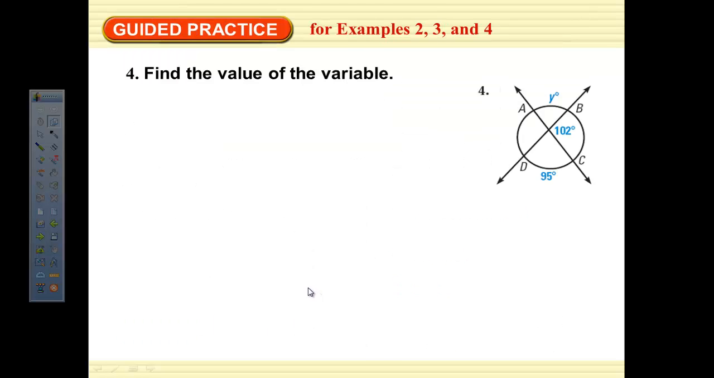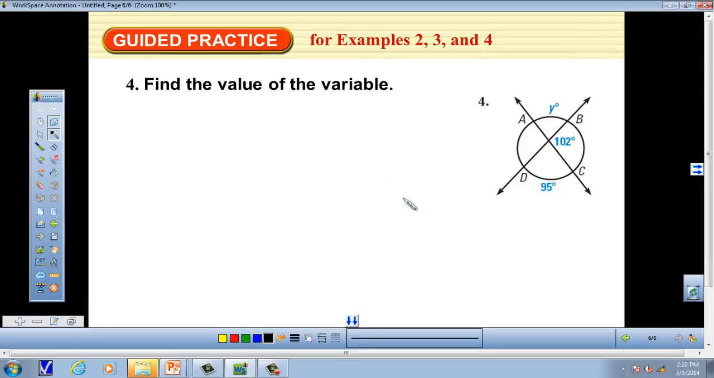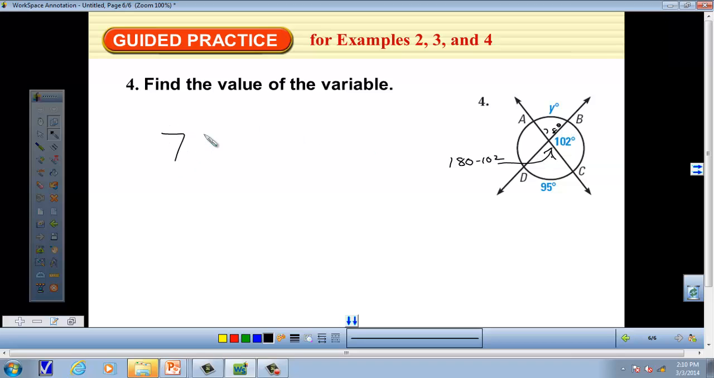Okay? And we're going to find the value of this variable. Now this one's a little bit tricky because if you notice two things about it. First of all, they don't put the angle here. They put the angle here. So we know that these two angles, those equal 180. So to find this angle right there, we do 180 minus 102. So this angle, which is the same as the other one, is 78 degrees. Now we know that 78 degrees is equal to 1/2 these two arcs added together. So it would be